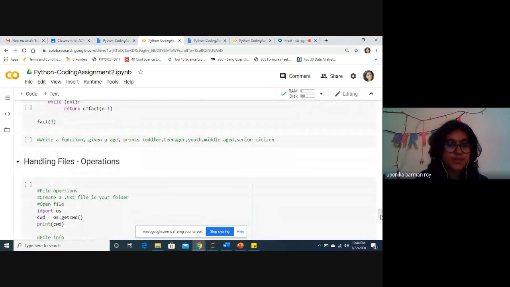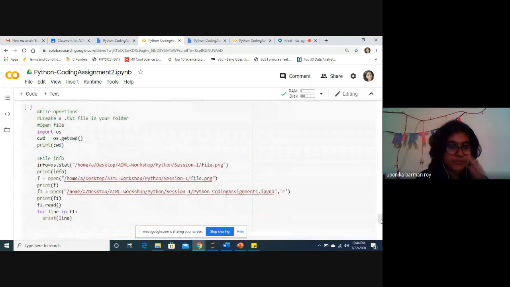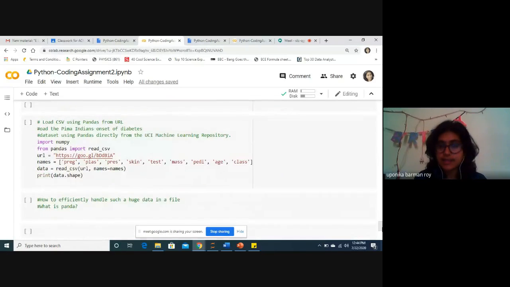So these are a few programs that we have kept. And also, we can do file handling using Python. That is a very basic thing that you need to know, because whenever you have a lot of data, you need to keep it in a file and handle it. I'm going to cover this part in my next lecture on pandas, and don't worry if you're not getting this part.